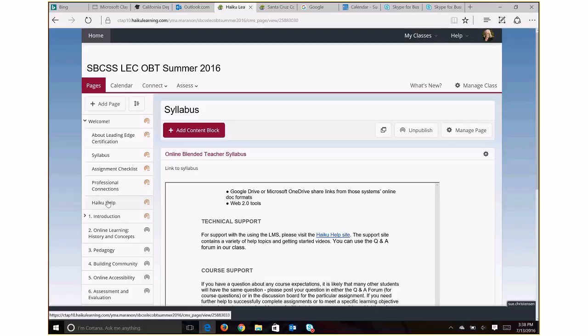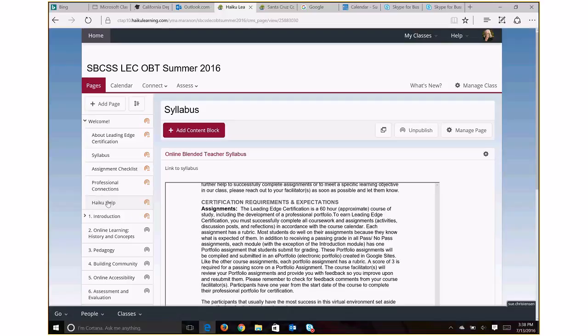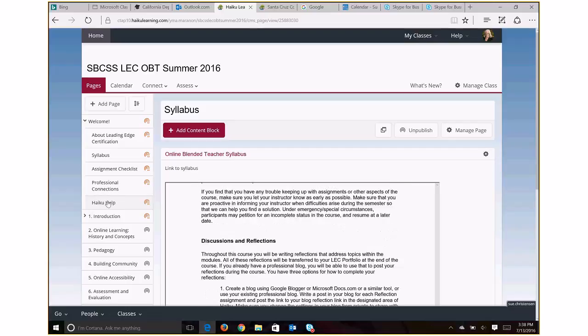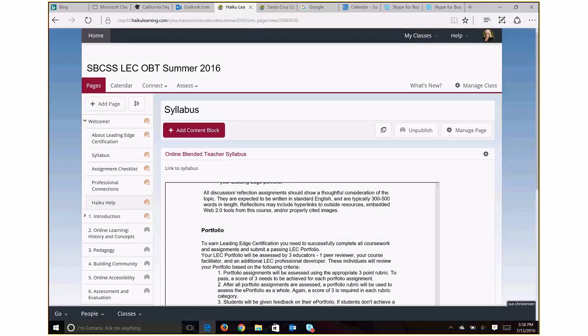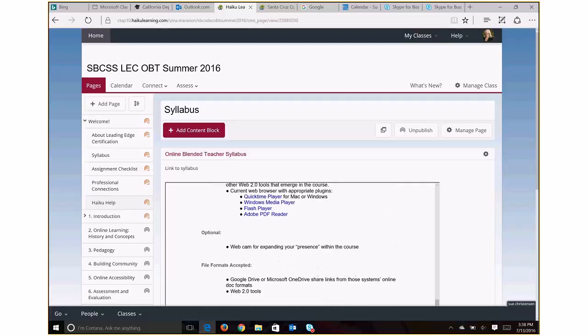That should help you out quite a bit if you need any support. The rest of the document here, the syllabus, you should sit and read it, definitely. But it's going to explain to you how to create different things in our course. So we're not going to go over that right now, but you are welcome, if you don't understand something, to send Ema and I a message and ask us for further explanation.